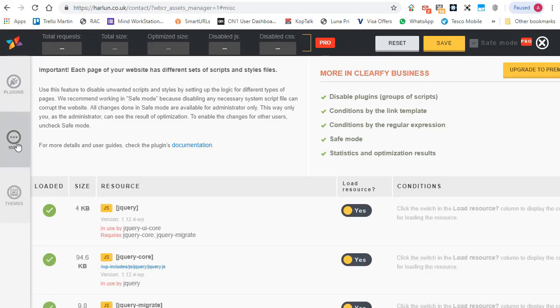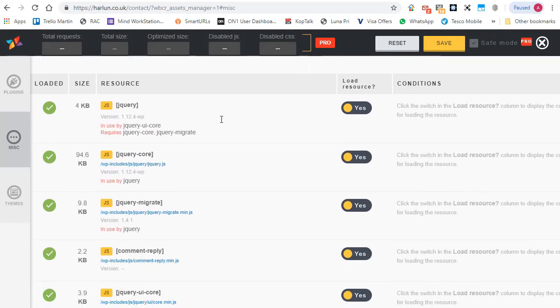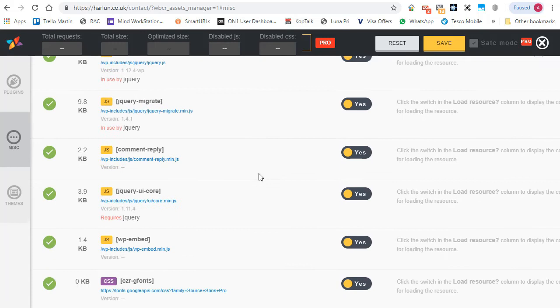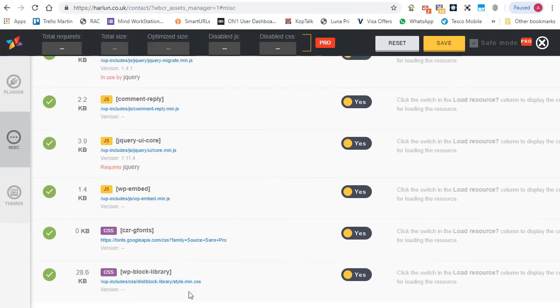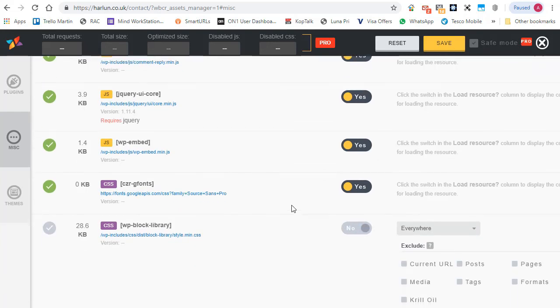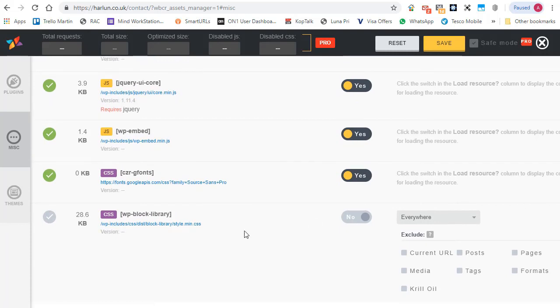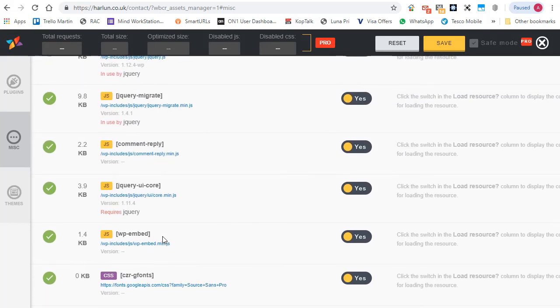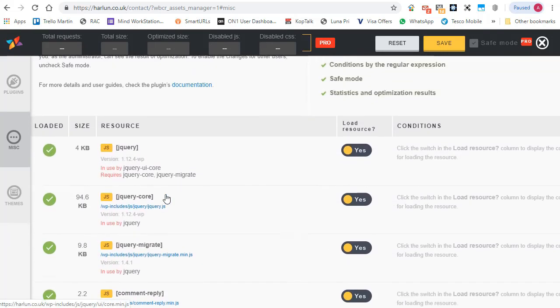Over on the Miscellaneous tab here, we can have a look at some of the JavaScripts that are being loaded, and we can selectively turn those on and off as well. If I scroll to the bottom, look, WP block library. Now, I'm not using Gutenberg on the site, therefore I don't need that code being enabled. So I can switch it off permanently, and that will exclude it from all pages on the website. And I can see if there's any of these other ones that I need to switch off as well. Let me save that,